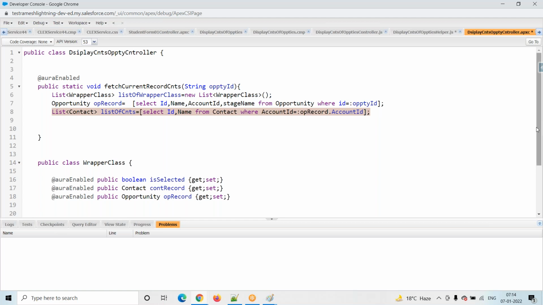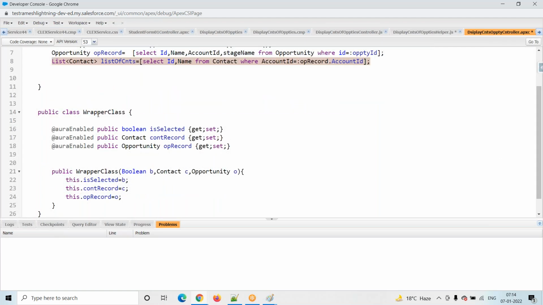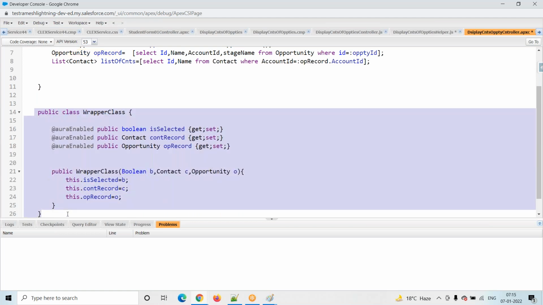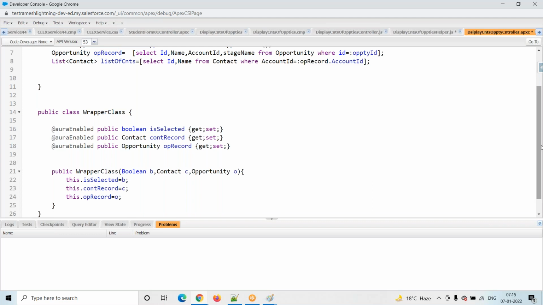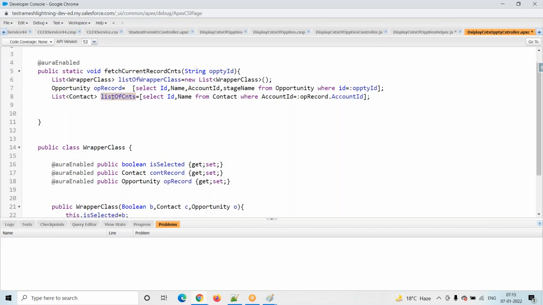That format we are preparing here, in this wrapper class. The first is a checkbox, then the contact record information, then the opportunity record information. This template we technically call a wrapper class. I want to include the contact records and opportunity record into this template.